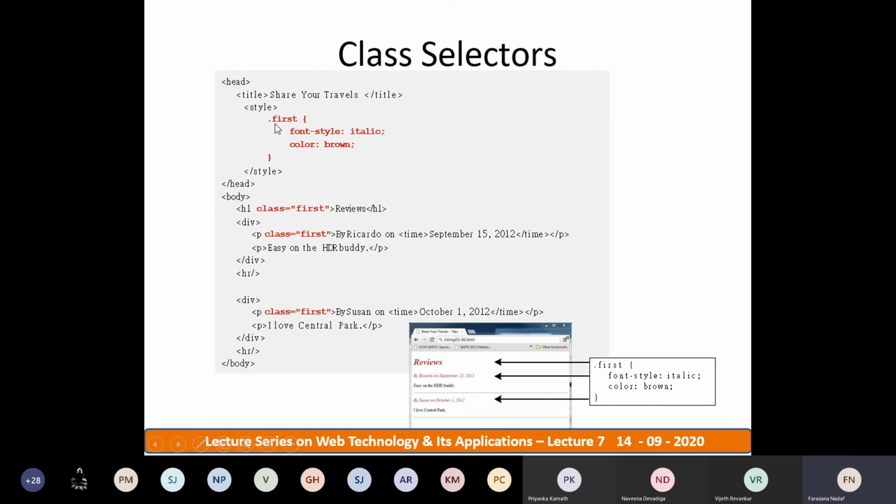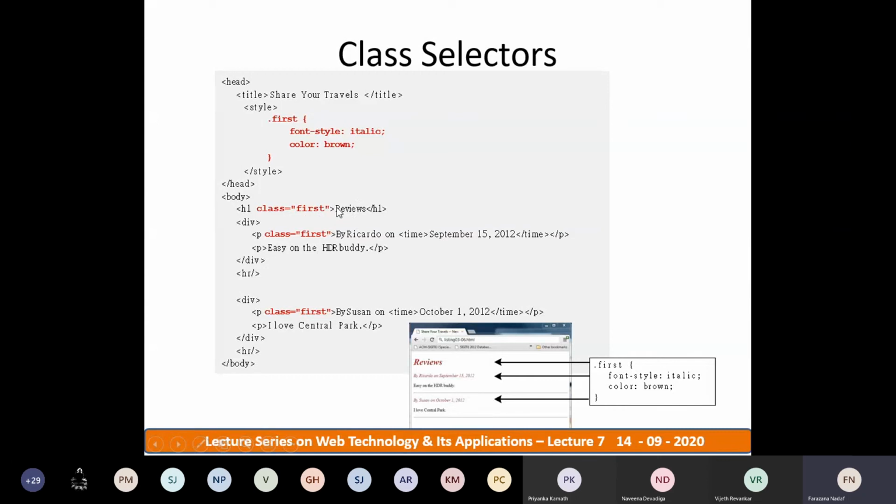These class names are user defined, and these class names have to be specified as an attribute of any of the HTML elements within a body tag. Only once you need to define those class selectors, then use them whenever required. So reusability can be done under the class selectors.